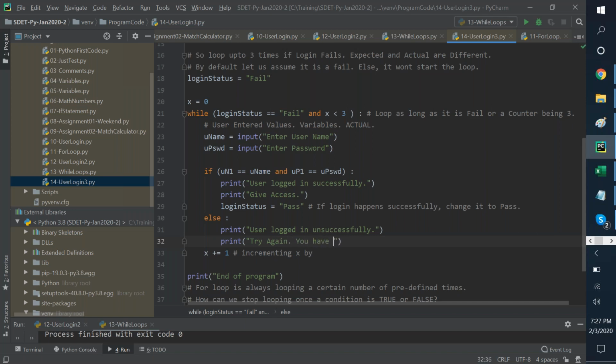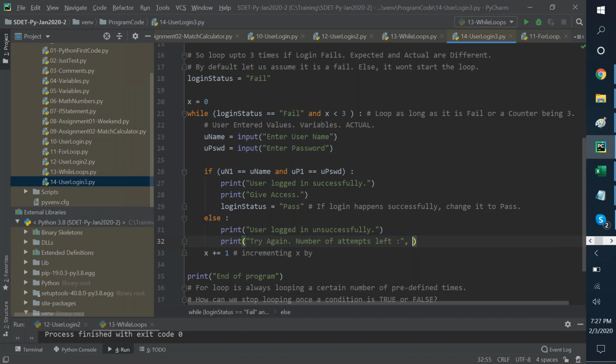You have number of attempts left, comma. So x is 0, 1, 2.